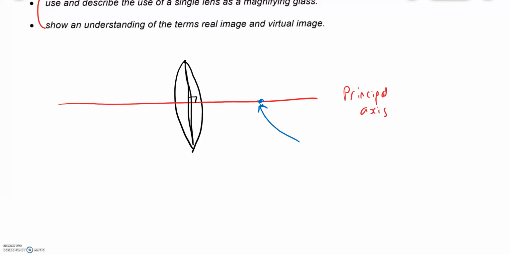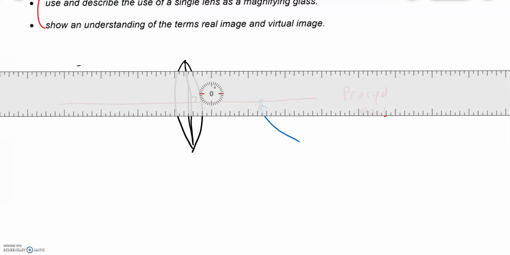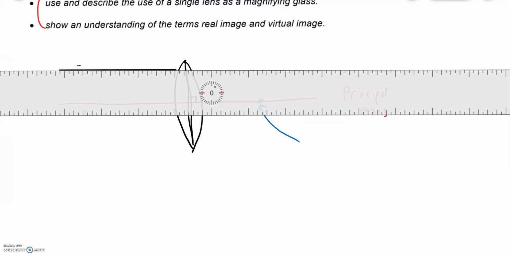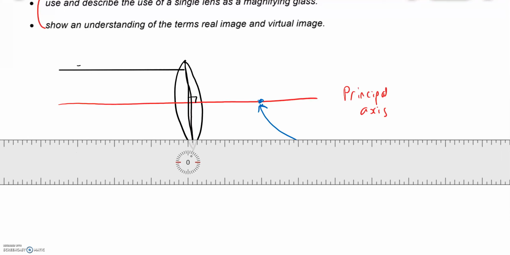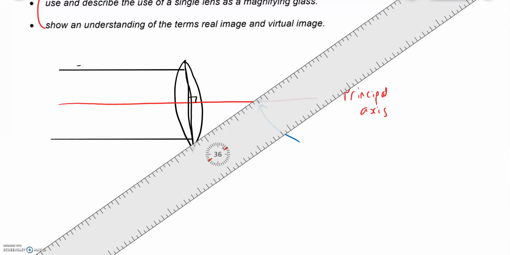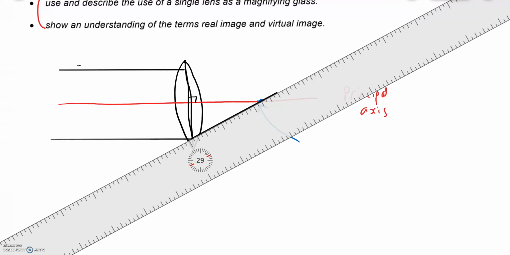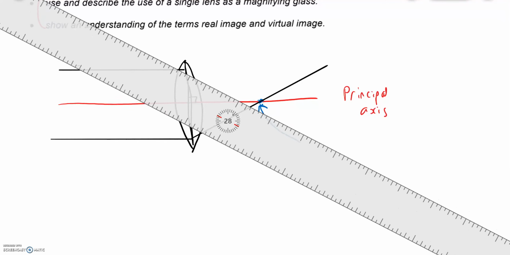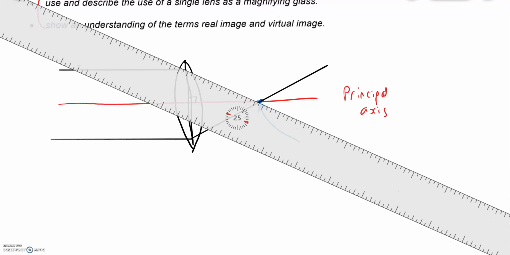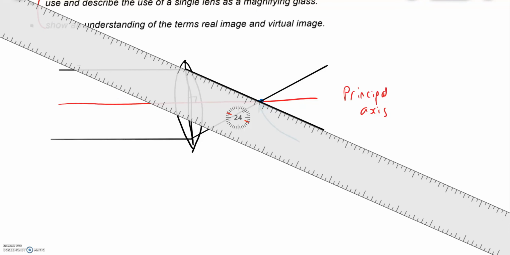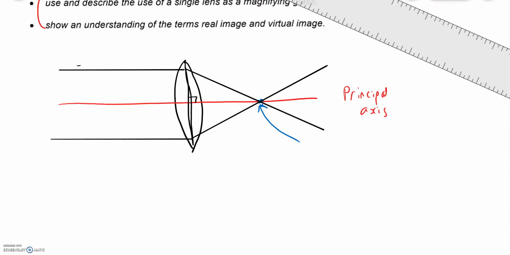Now to explain that a bit better, let's draw some rays coming in. What we always do is we draw rays coming in parallel to the lens like this. Now what those rays will do, if they're coming in parallel to the principal axes, they will focus or pass through the principal focus like this. So that's the way to find it, is you send in rays parallel to the principal axes and they will focus at what we call the focal point, or as you can see in your syllabus they call it the principal